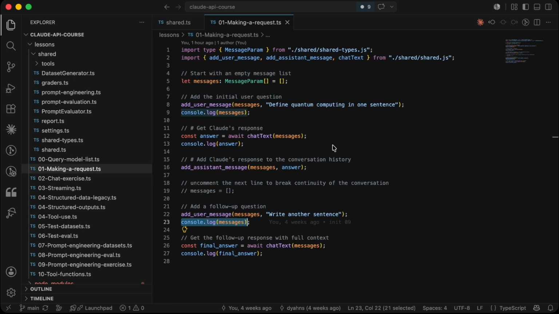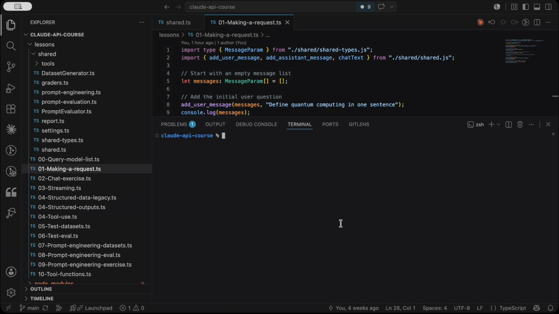The content array can contain blocks of different types, and we'll see that later in the course. We print out our messages array with console.log throughout the lesson, so you can watch the array grow. This is the full conversation history being sent to the API on every call. It's important to understand that Claude doesn't maintain state or memory between requests. This is why we are resending the entire context each time, and that's how continuity is preserved.